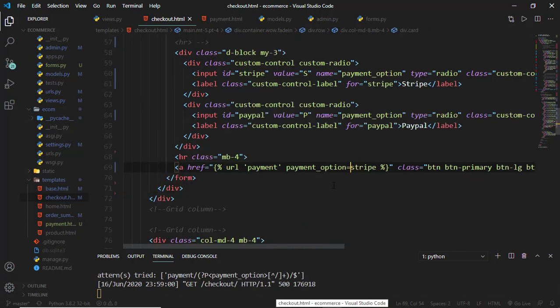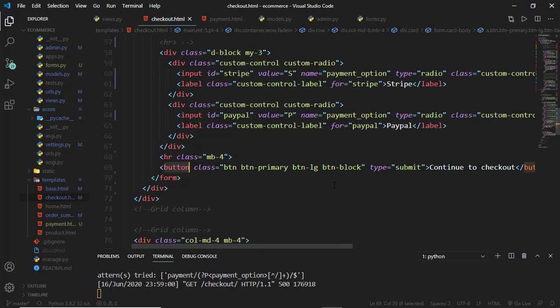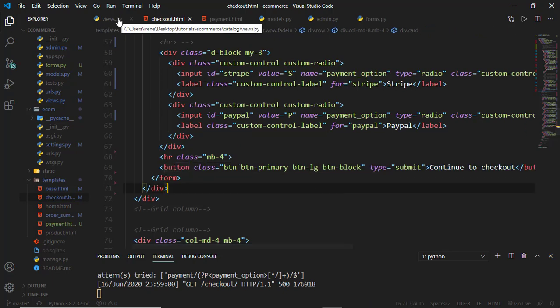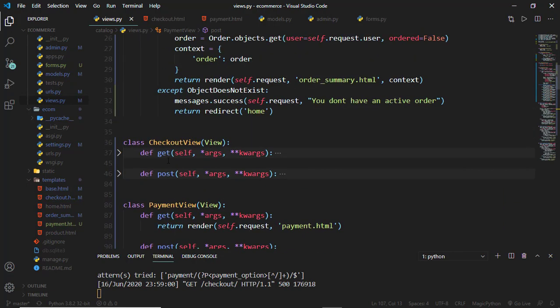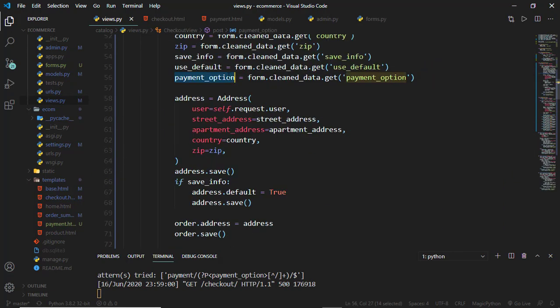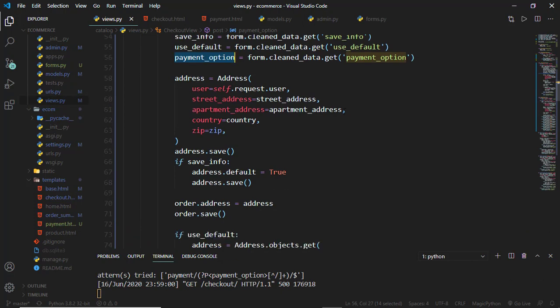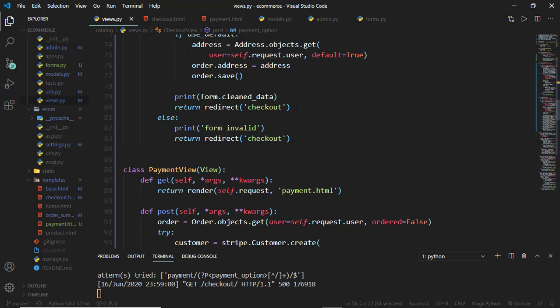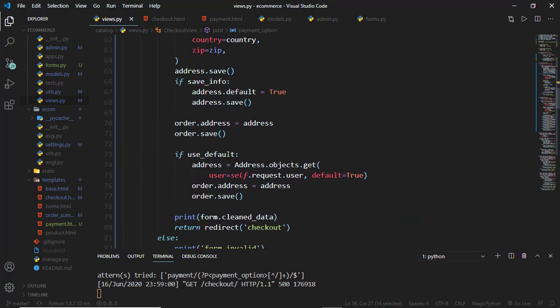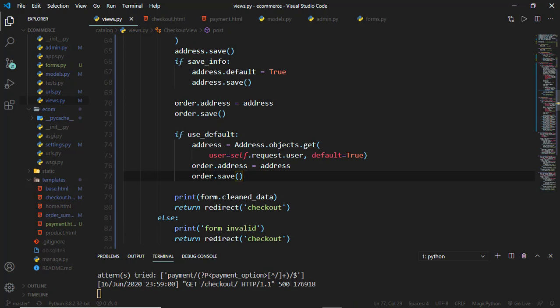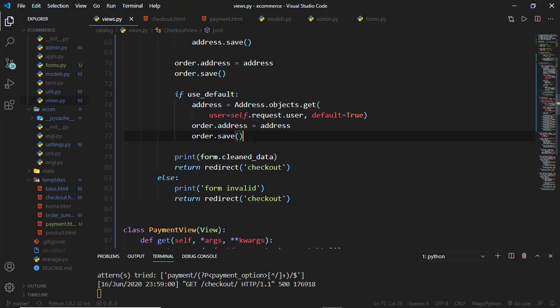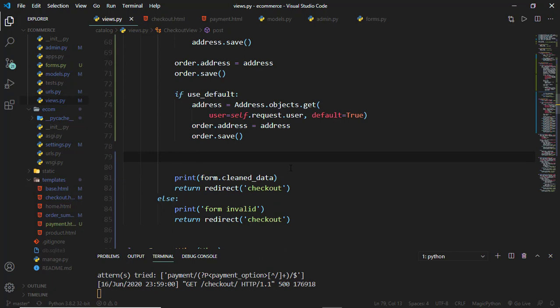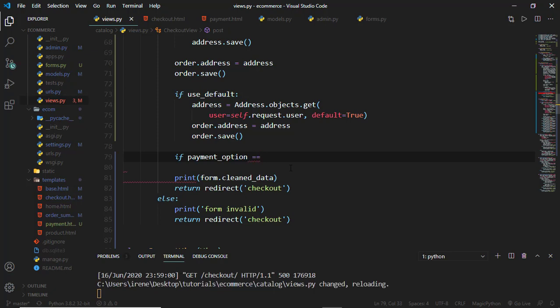So what we can do is bring back everything, and we can specify a method on the view itself. So we have our button there, inside our views, we have our checkout view. So inside there, we have our payment option, where we are checking if use default and saving that order. So in here, you can say if the payment option equals to